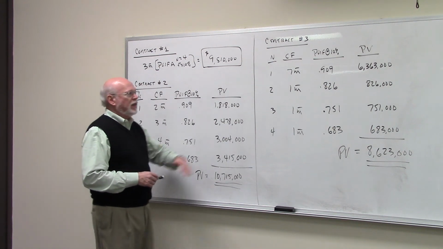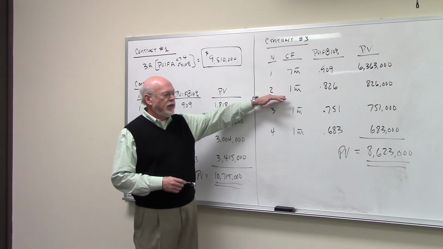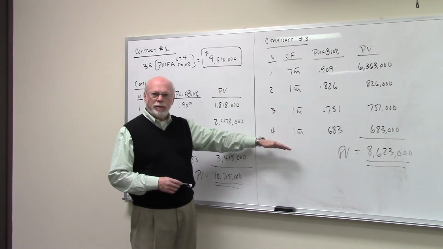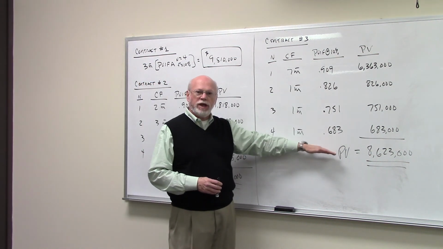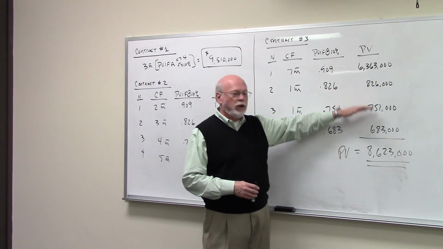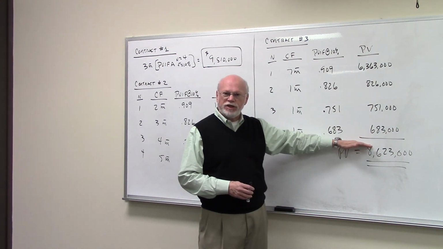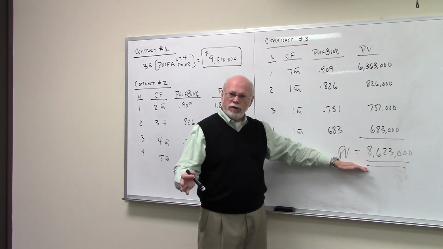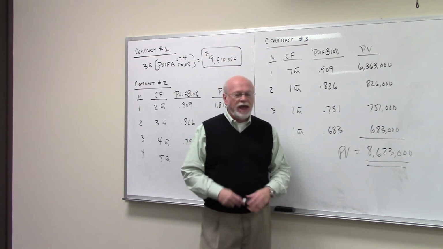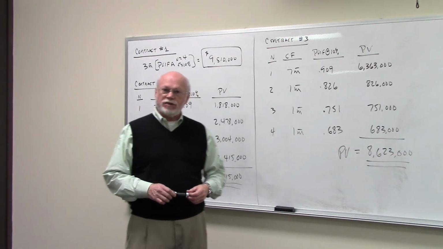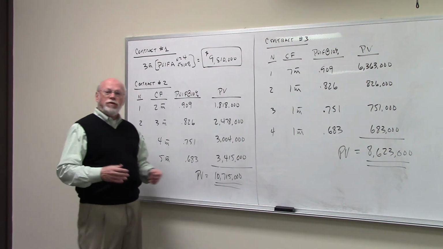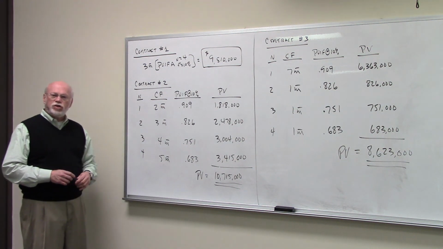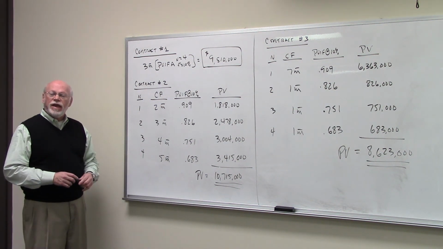The third contract now is also a string of lump sum cash flows. In this case, we get $7 million the first year, then $1 million, $1 million, and $1 million. Multiply each lump sum cash flow by its appropriate interest factor, and that gives you the present value of each lump sum cash flow. Sum all of that, and that gives you the present value of all the lump sum cash flows. In this case, $8,623,000. If you were advising this rookie on what contract to take, you tell him to take contract 2 because why? That's the one that's worth the